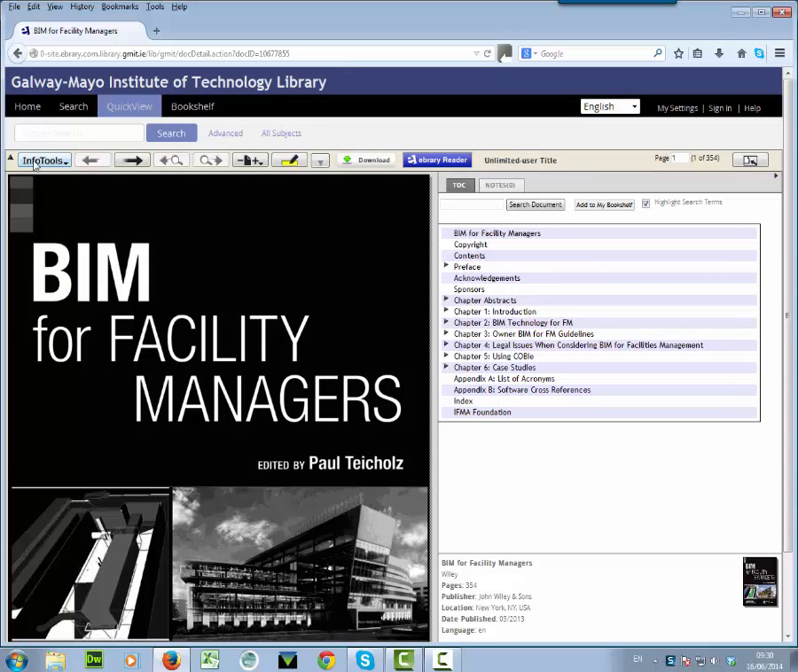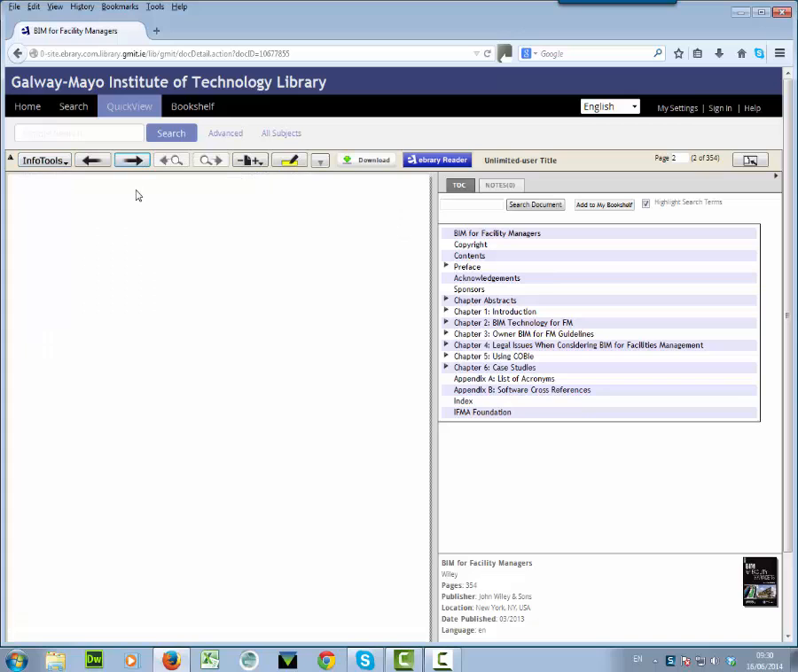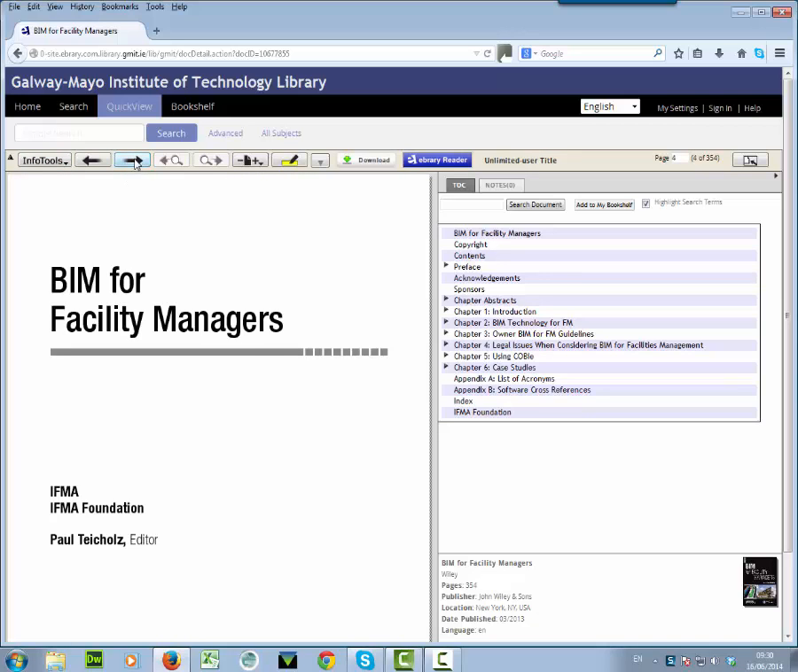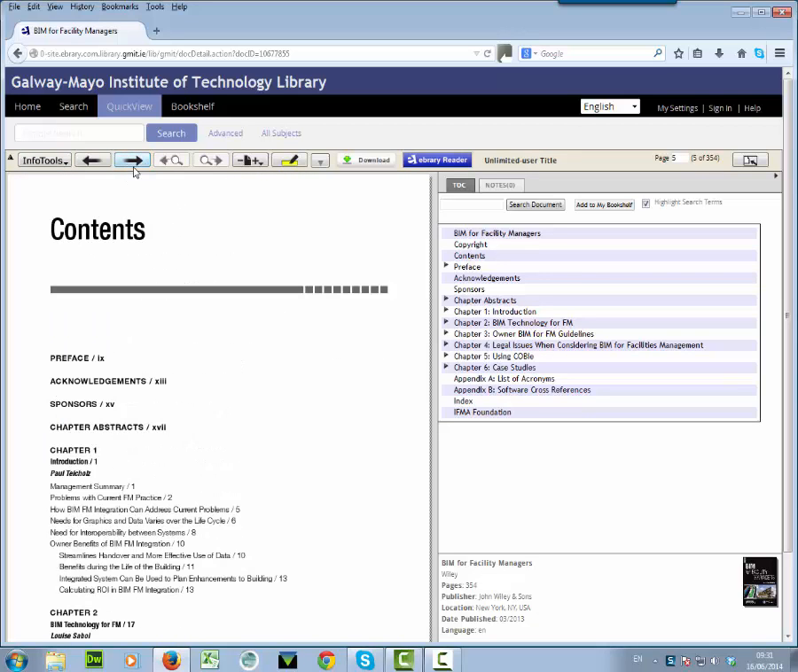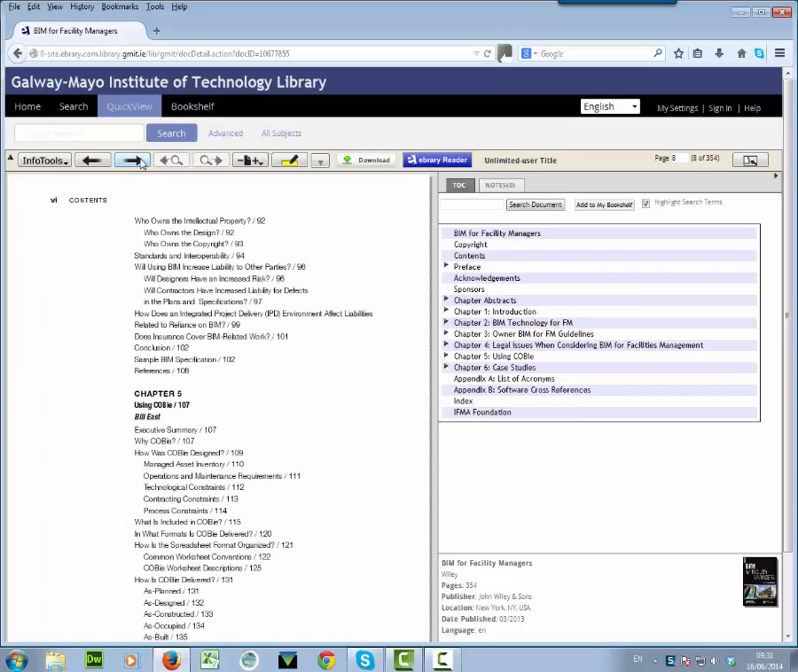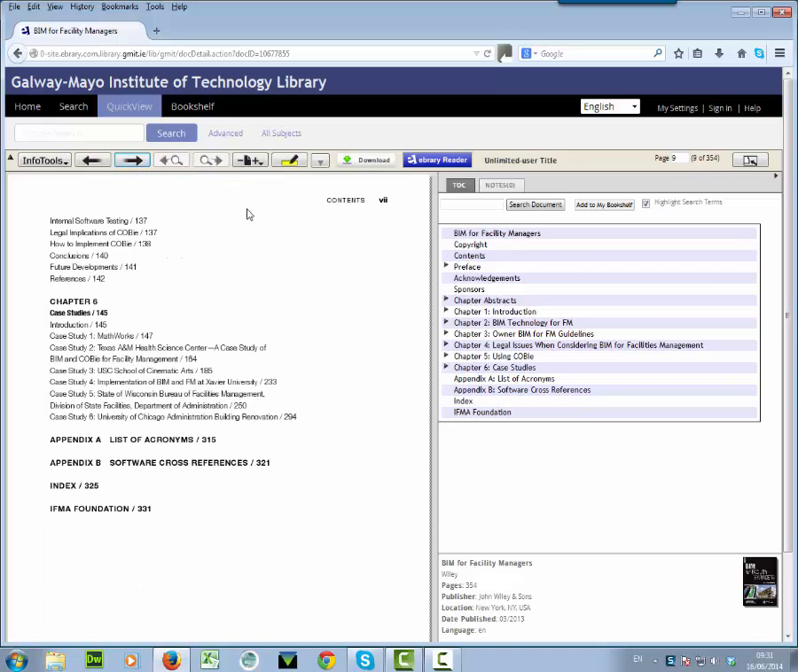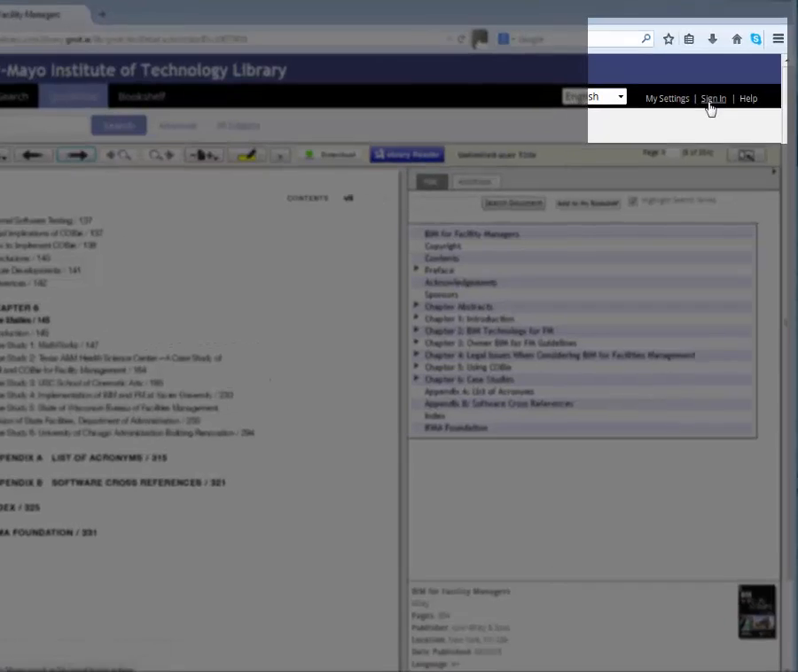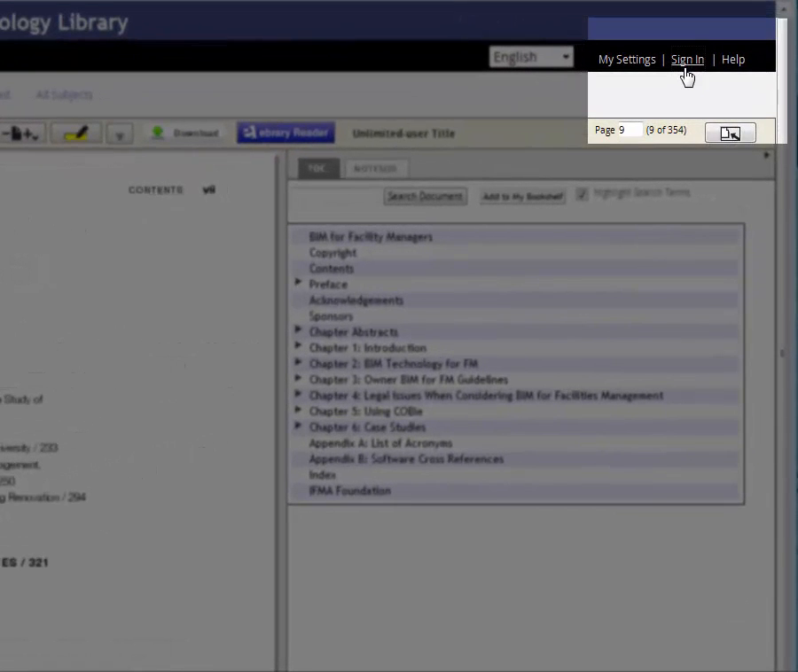You have your navigation tools here on the top over the cover of the book. So again, page forward and back to read the book just from the screen. So this is just reading it online. You don't have it checked out or downloaded. For any of those features, you have to have a personal account set up. So over on the top right hand side you'll see the link to sign in. If you click on that,